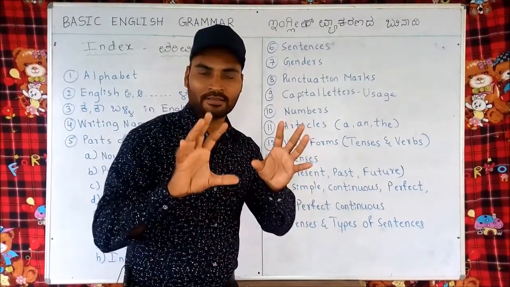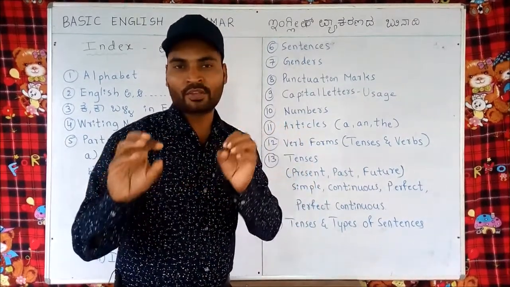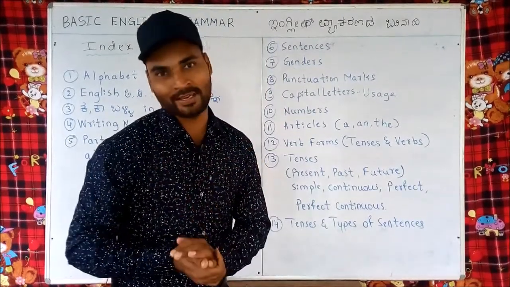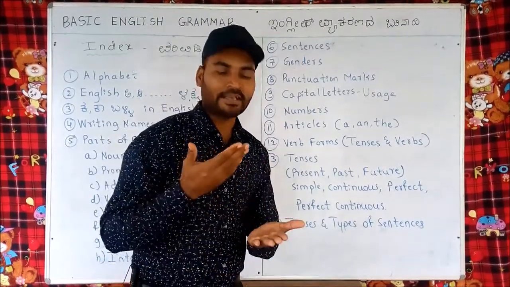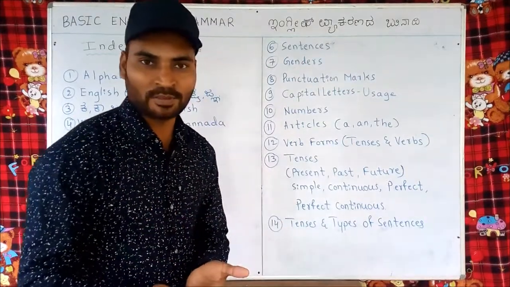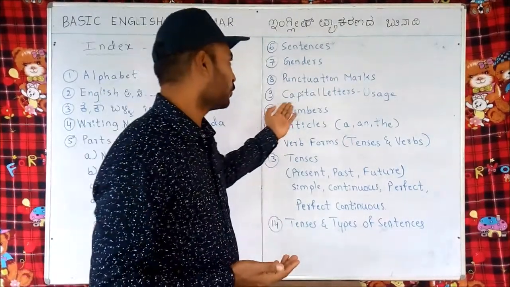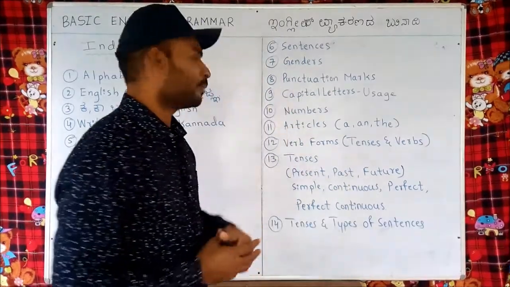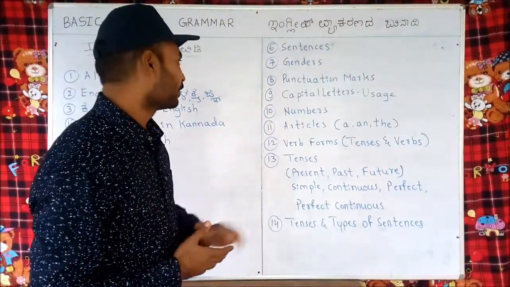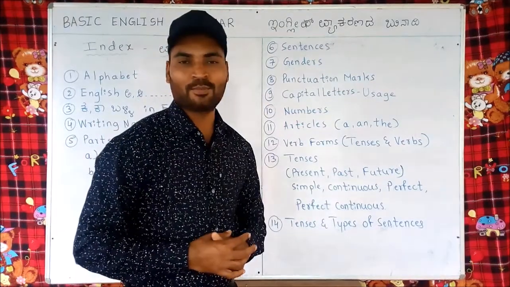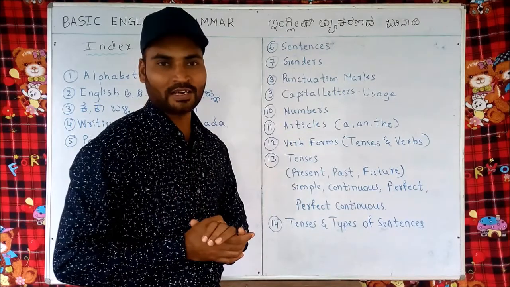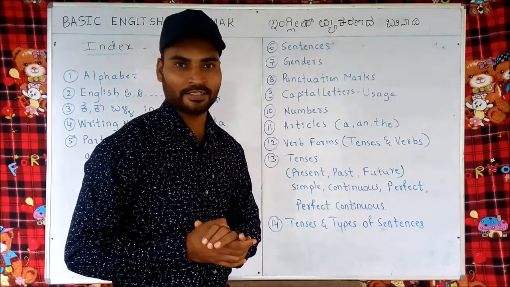Certain words are there with which we must use a capital letter at the beginning, just like names of the persons, names of the places. This kind of so many things are there to learn in that lesson, capital letters, that we study there. Then comes numbers, singular, plural. Spelling rules are there while learning numbers that we study there.